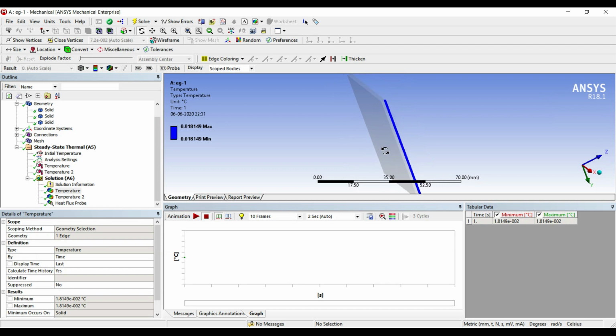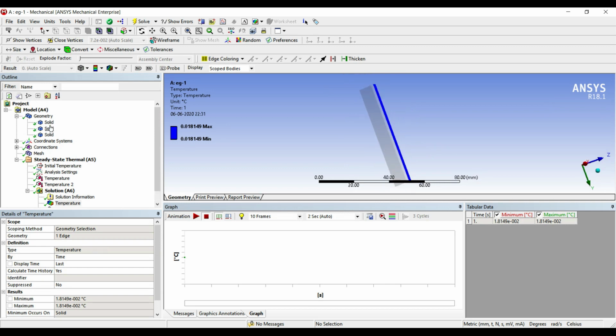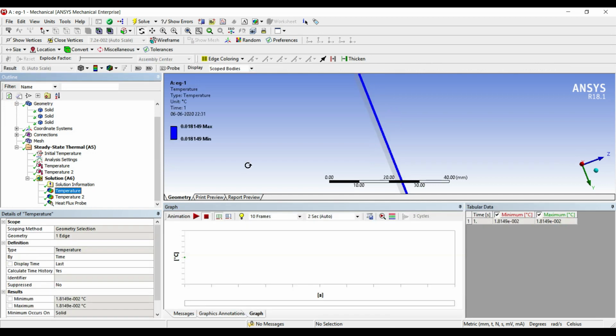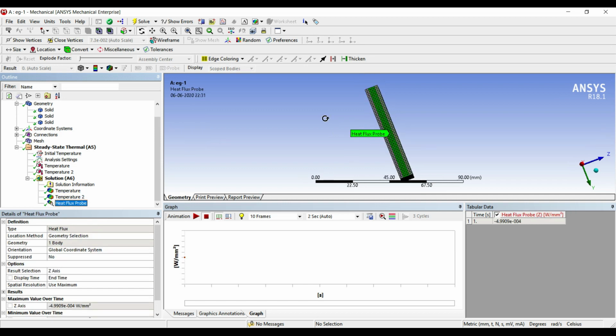So this is the first temperature which you can see. Heat transfer, when you solve this numerical, I'll just mention the temperature on this face is T1. Temperature on this edge which you see over here, this face, will be called as T2. This will be called T3, and on this edge, or this face, it will be T4. So if you can look at this solution, T2, I get the answer as 0.018149 degrees Celsius. T3 is 19.982 degrees Celsius, and this heat flux probe is what I have got over here.